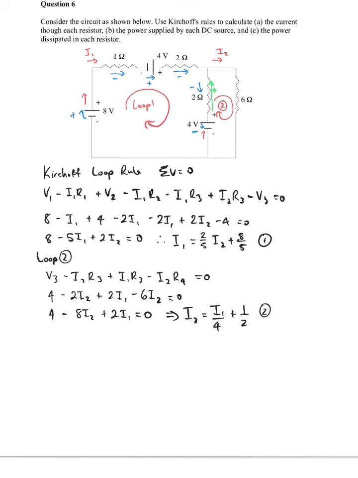So if we just substitute one into the other, and what we're going to do is just substitute 1 into 2, we get an expression that says I2 equals 1/4 (2/5 I2 plus 8 on 5) plus a half. So you can see now we've got rid of I1 out of that expression, so we're going to be able to solve for I2. If we rearrange this and we get the algebra right, we should end up with